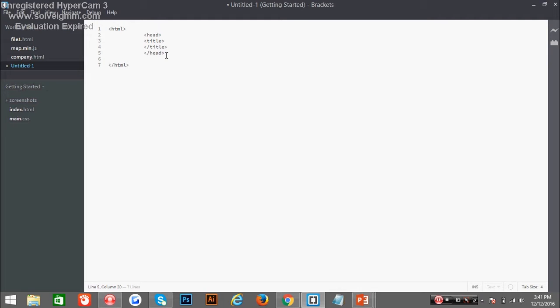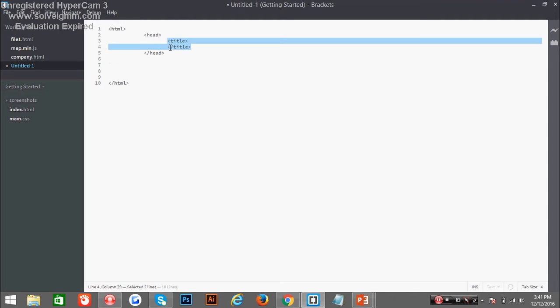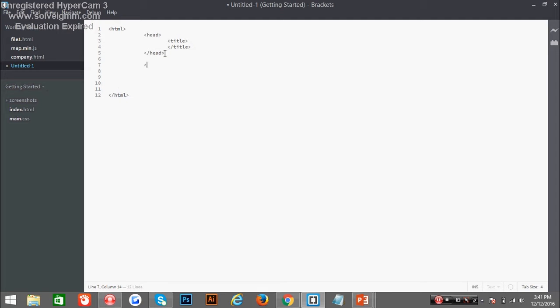And after head you can use tab for this purpose, so that it becomes clear to you which element belongs to which element and comes under which element, right? Now you have a body tag starting, body tag ending, right? Now inside the body tag you have a lot of tags for generating the contents